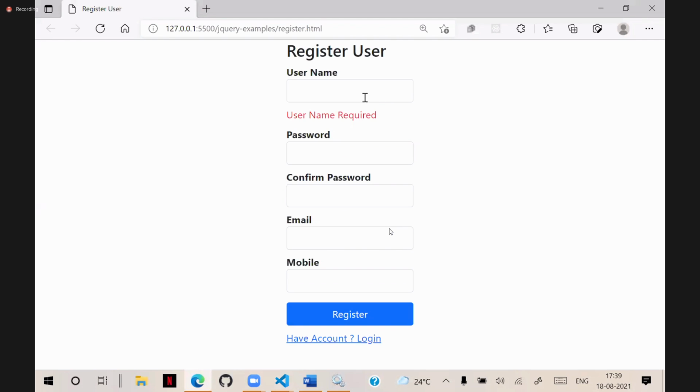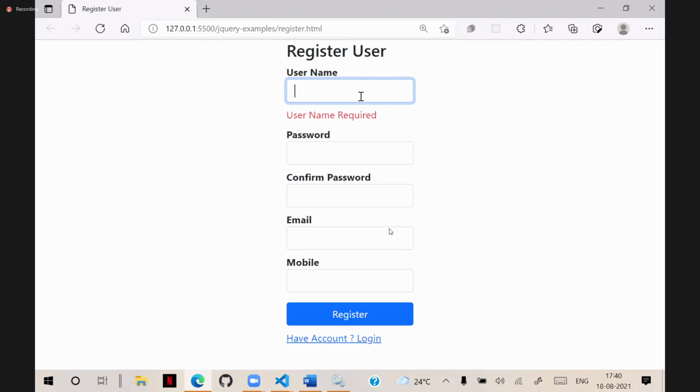Now, once the user finishes typing the username, one more thing we have to do. When the user is typing, I have to verify whether that username is already taken or not, because the username must be unique. If that username is already taken, it should not allow it, and it should show a message.